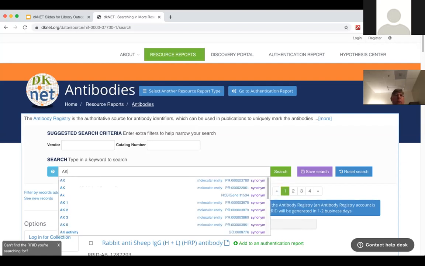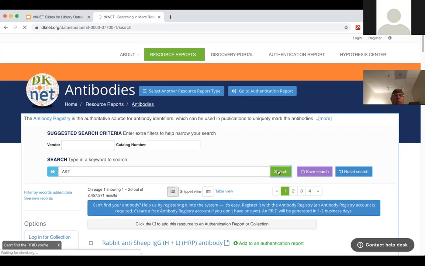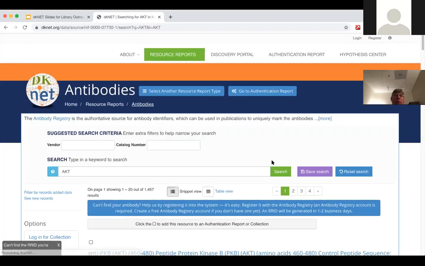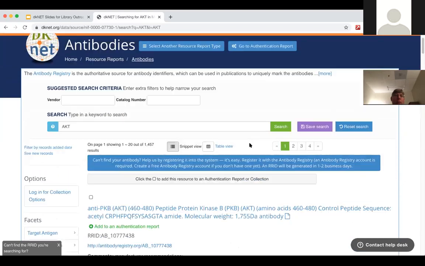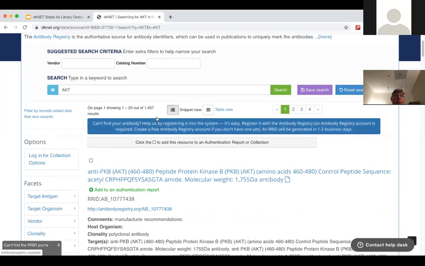So let's see if researchers are interested in finding an AKT antibody, which is an antibody that targets the AKT protein. They could do a search. So here comes the result.